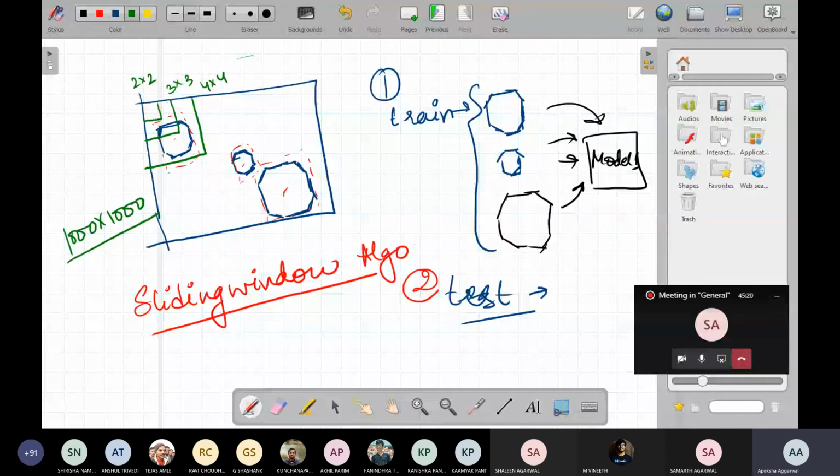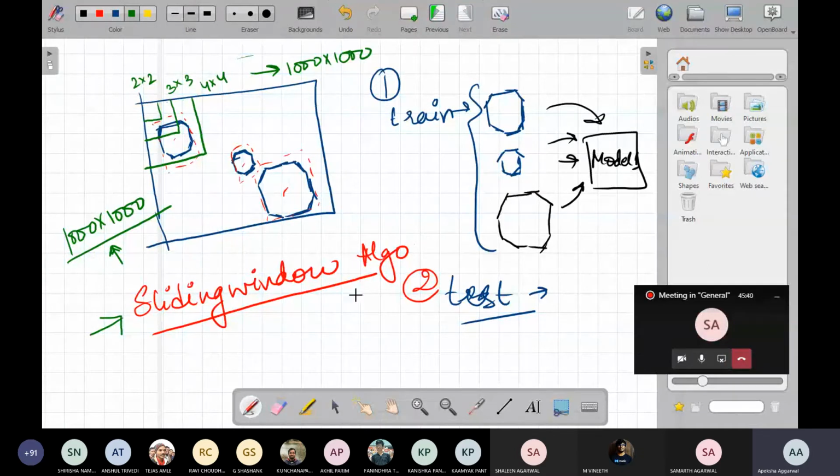You cannot do this for every filter from 2x2 up to 1000x1000, even if it contains only one bigger car. It is a very time-consuming process. So generally we don't use the sliding window algorithm, but it is the simplest and most basic algorithm to identify the objects in an image.